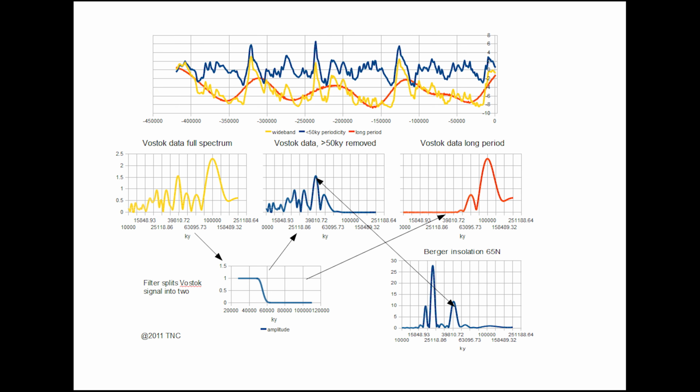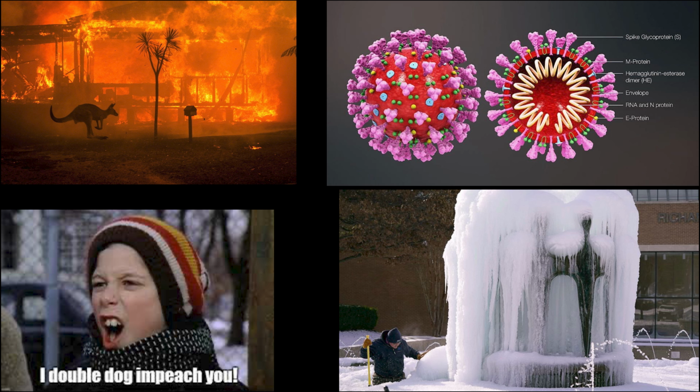Sometimes it seems crazy these would all line up at the same time, but think back at a time when there were bushfires killing 1 billion animals, an impeachment, a pandemic, ice storms that freeze states out. Who could imagine all of that happening at the same time?